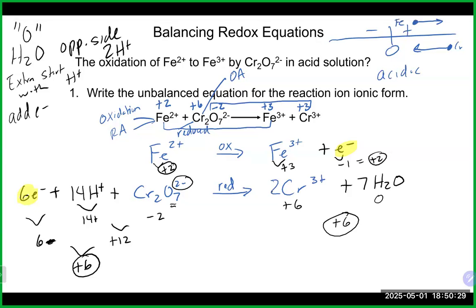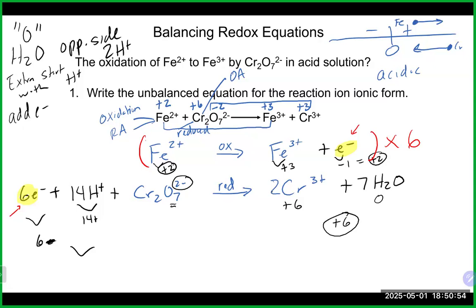I am actually ready at this point to add these back together. But before I could add these back together, as we talked about, you need the same number of electrons. And in this case, we do not have the same number of electrons. This guy's got 6. This one has 1. That means for the top equation, we need to multiply it by 6. And if we do that,